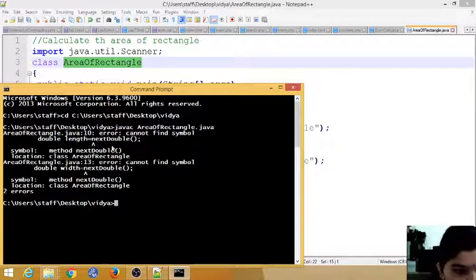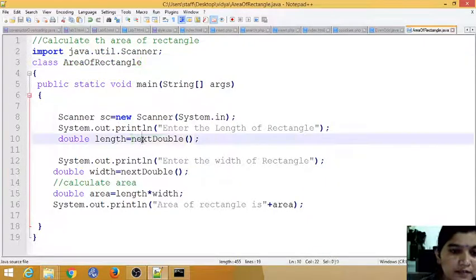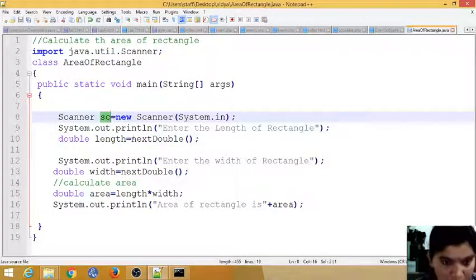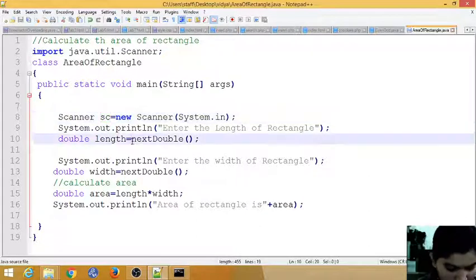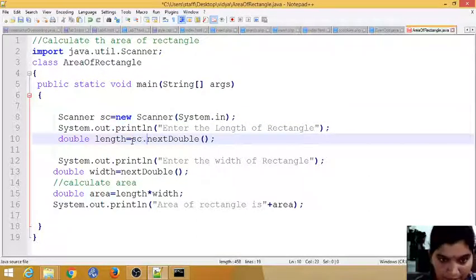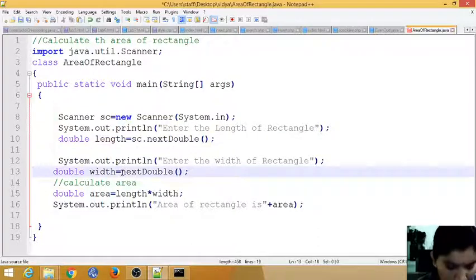We have an error. Next double, sorry, I am missing something. It is present in the Scanner class, so I need to use the object of your Scanner class, the reference variable. Then only will I get the dot.